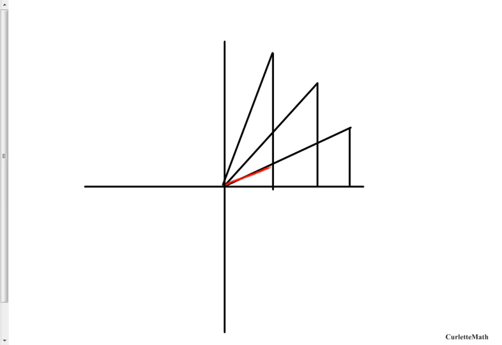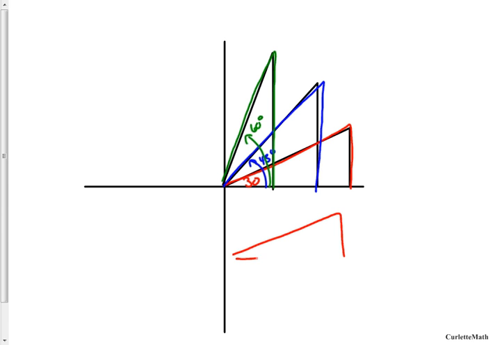If I take this bottom triangle here, and that's 30 degrees from the x-axis, we take the middle triangle here, and that angle measure here would be 45 degrees. And I take this third triangle, and from the x-axis, that's 60 degrees. We just made our 30, 45, and 60 degree triangles. Now, we could label out our side lengths just like we just did. If I take that 30 degree triangle